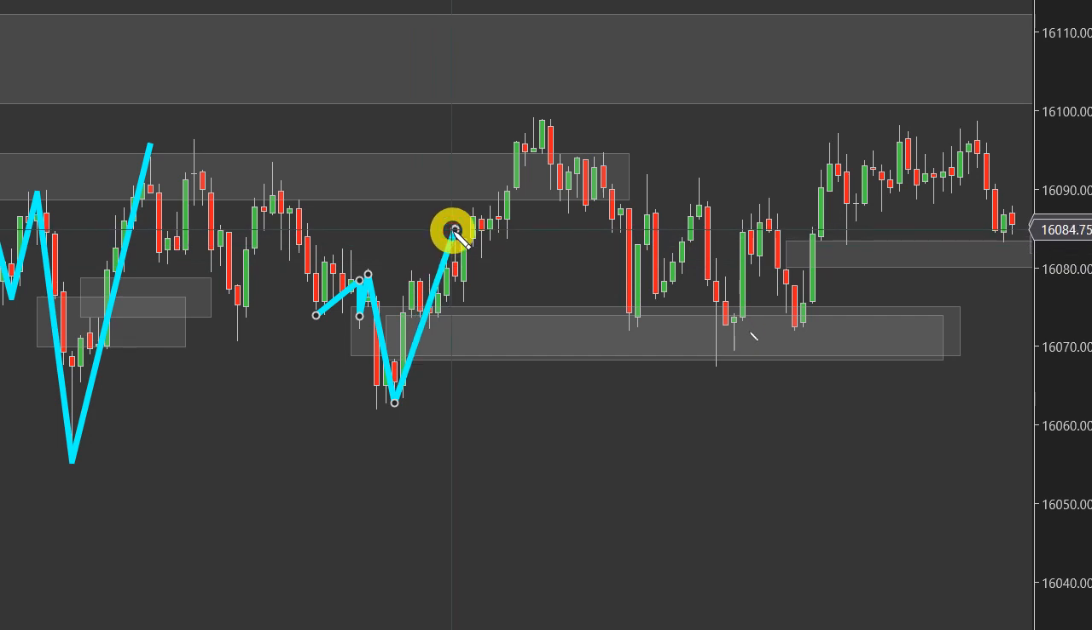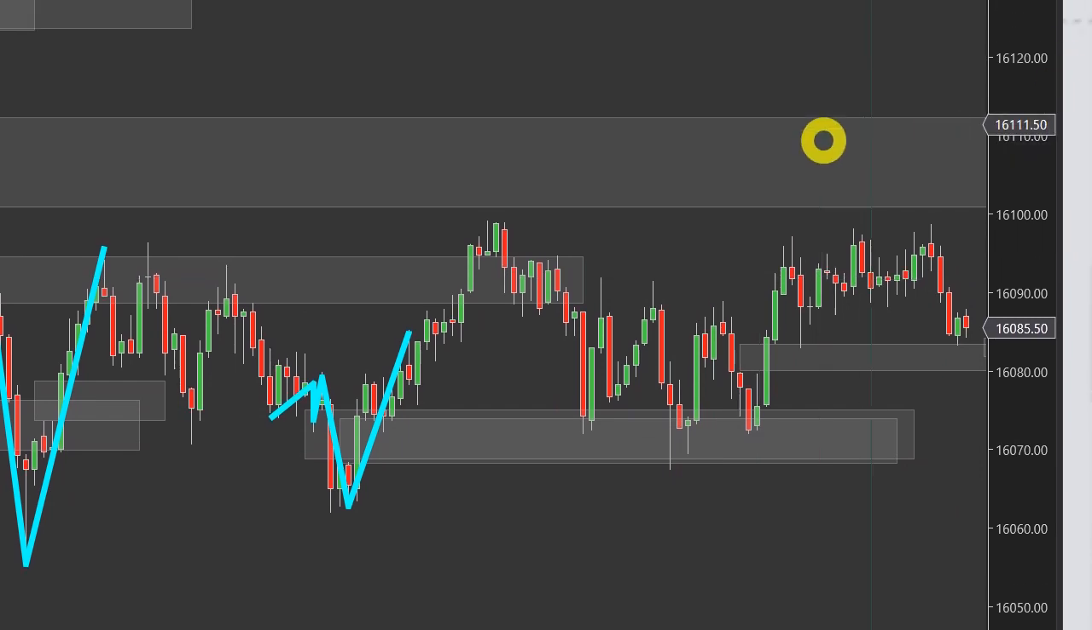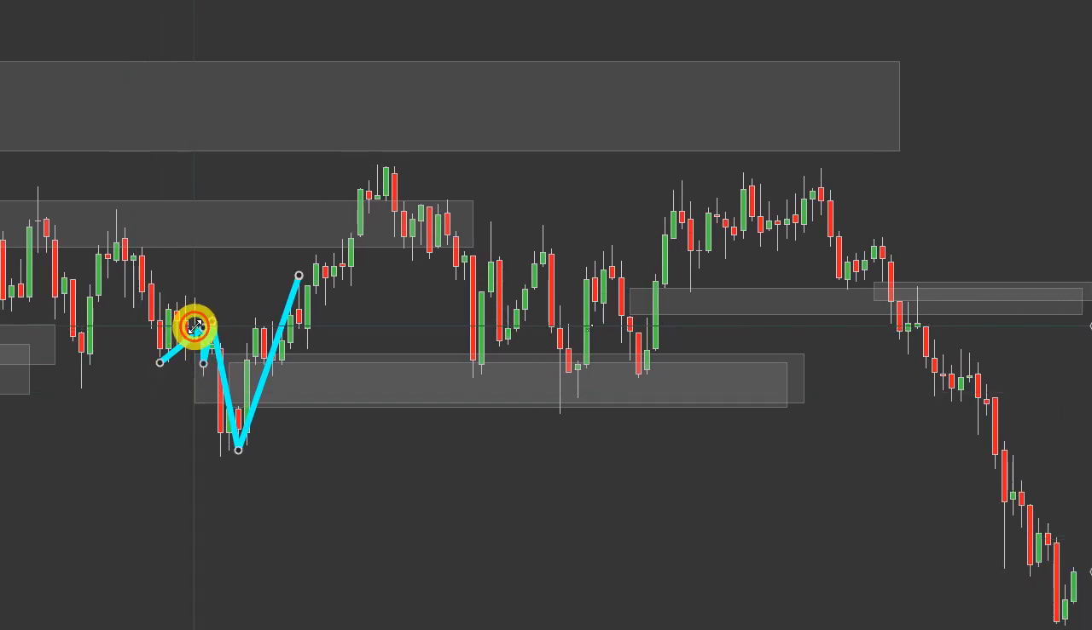I'm not sure how that would be, but there is a breaker block and a fair value gap right here. Does it test it? Yeah, it tests it right here and right here. It doesn't go up very far, but like I said, we don't know how far something's going to go up. If we get a breaker block situation and we get a fair value gap out of that,